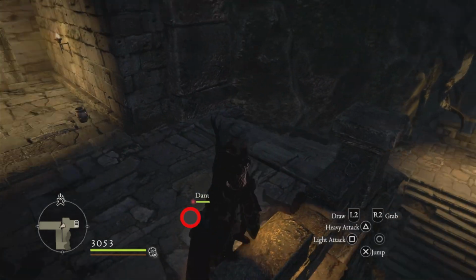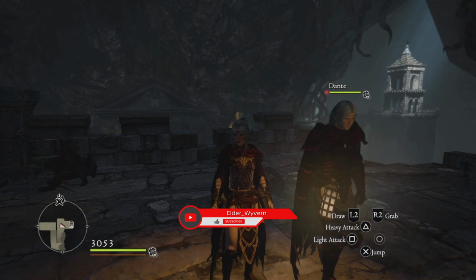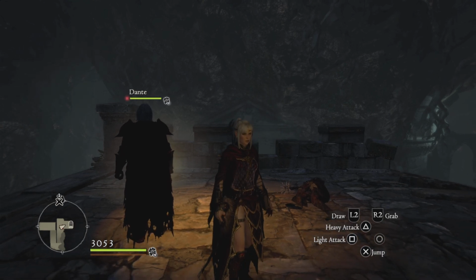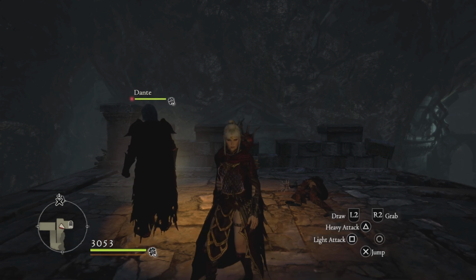So that's pretty much it. You can repeat this as many times as you want. And remember, that was 2 million experience for you and your pawn. If you have rented pawns, they will receive 10% of that in rift crystals. So basically